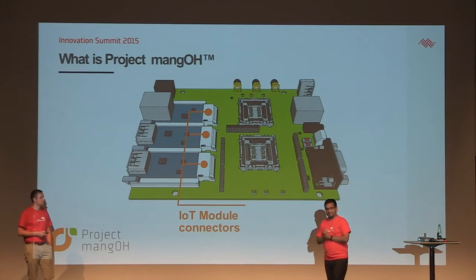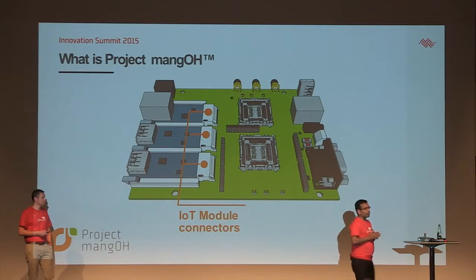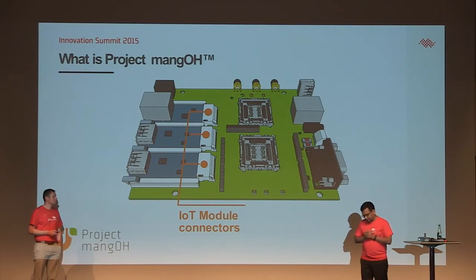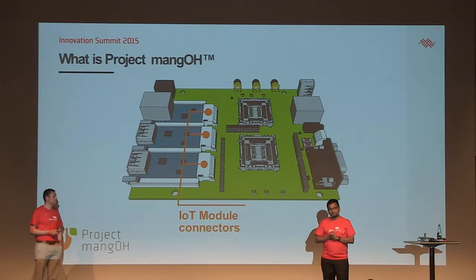What is really exciting about this platform is what we are introducing today, which is an IoT module connector. This is a connector, and as I said earlier, we have learned from everyone else. What we found was a lot of the open hardware platforms are great for prototyping. A lot of people prototype and write their applications, but they really cannot industrialize it or take it to the next